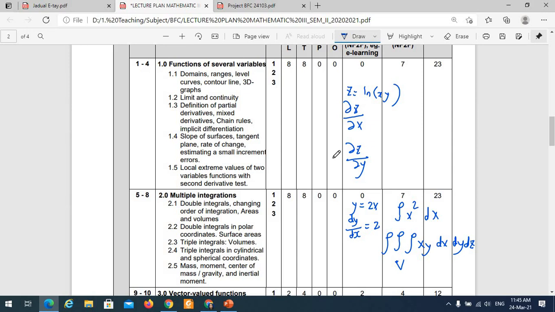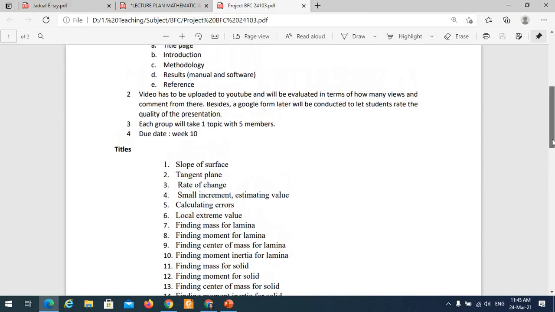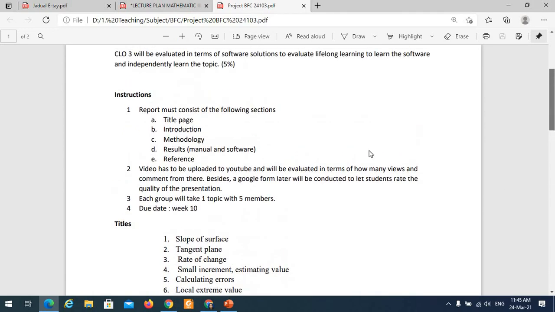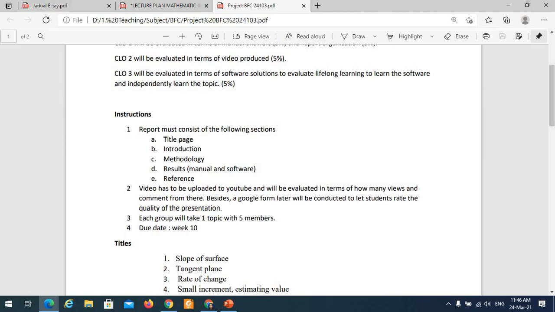the mathematics. So 1.4, 1.5 and 2.5, this is application. Put it into the project. So each group picks up one topic, and you learn by yourself. Your report you must have